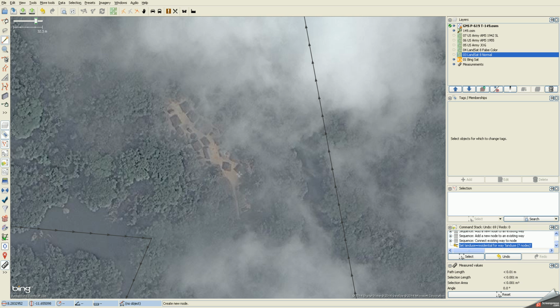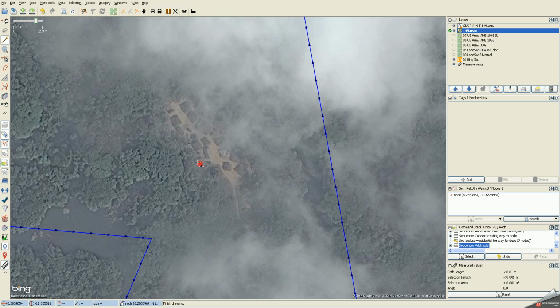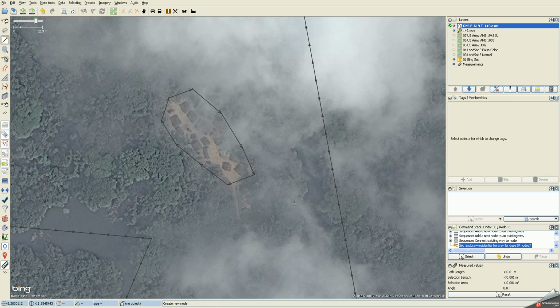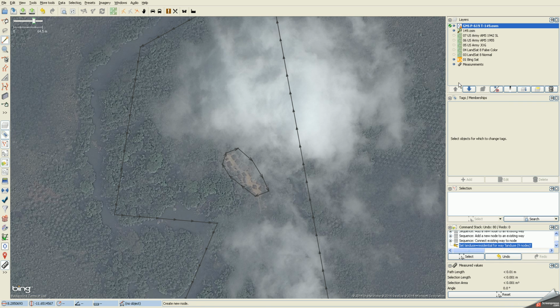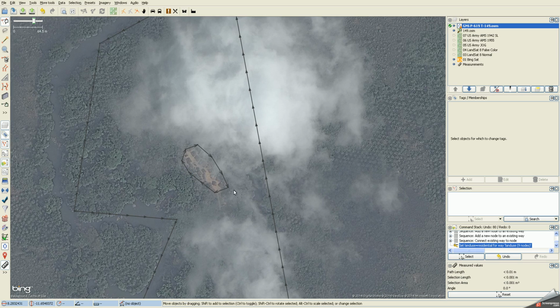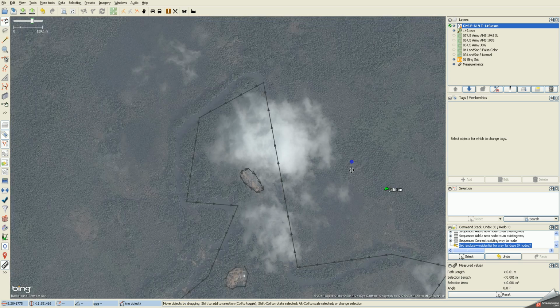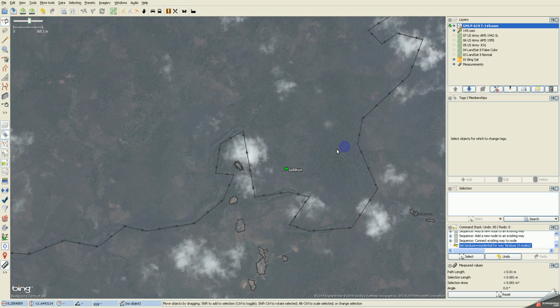if it were me, I would switch right to the data layer. Oops. And I would go ahead and mark this one. And go ahead and say that it's residential area. And then switch back to the GNS import layer. Get back to my selection tool. And alright, great. Let's look at,